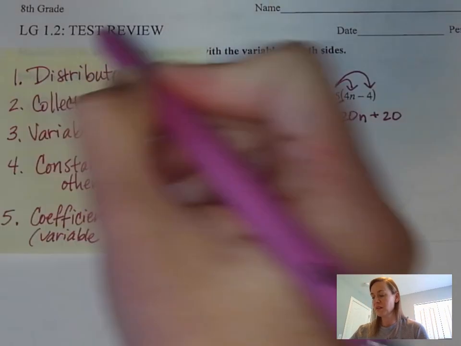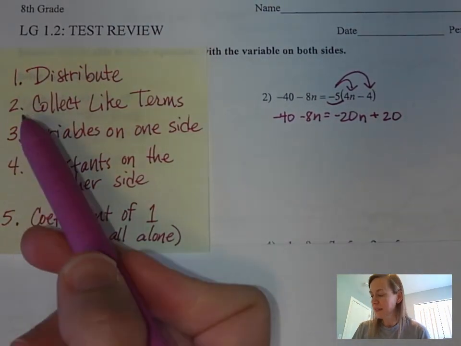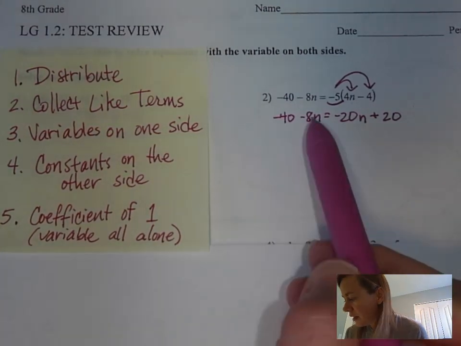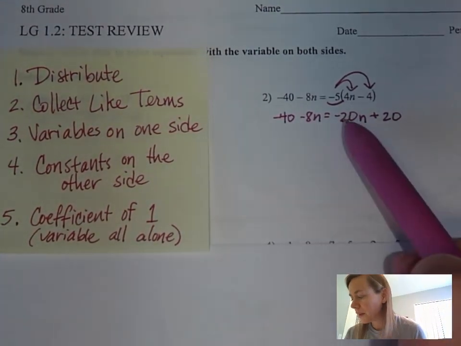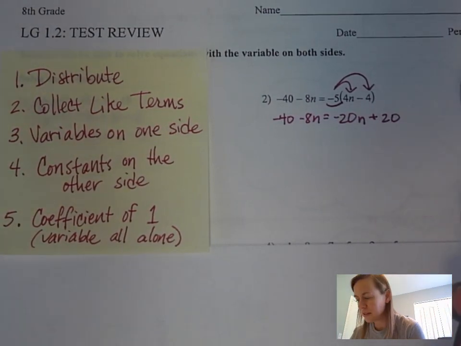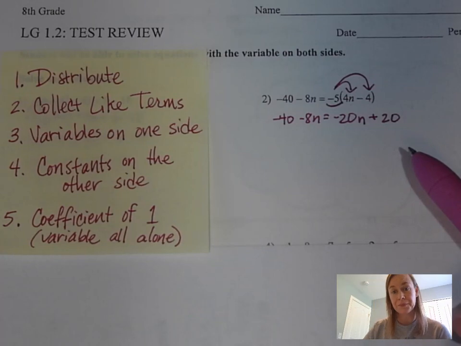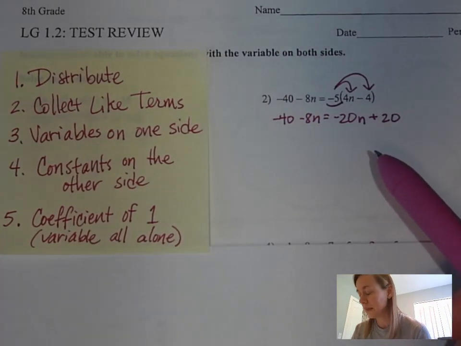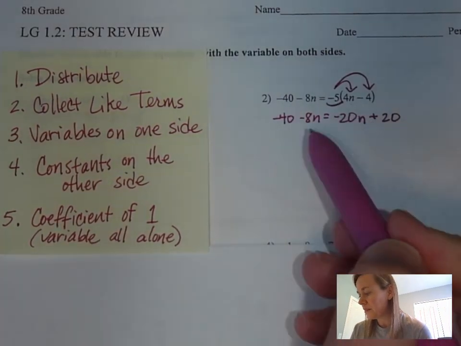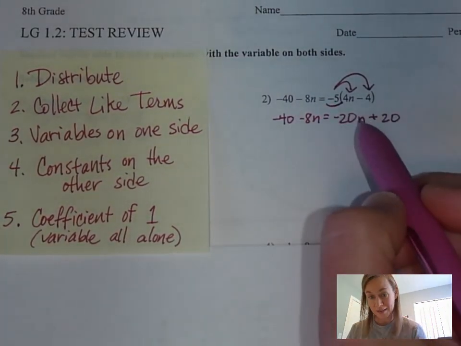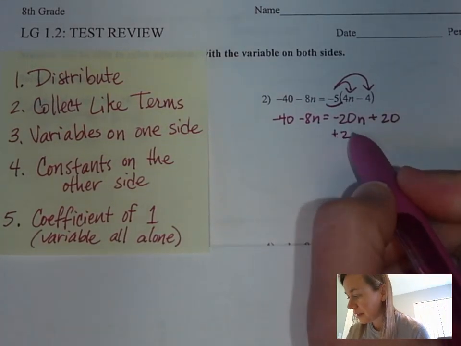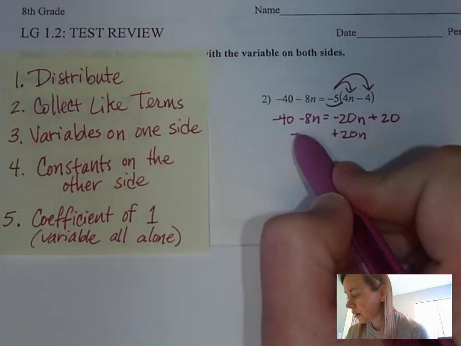Okay, distributing, check. Step 2, collect like terms. Okay, let's see. On the left side of the equal sign, there's nothing to combine there. On the right hand side, there's nothing to combine there either. There's no like terms. So let's go on to step 3. We want all the variables on one side. So let's bring all the n's over to the left. And we're going to do that by getting rid of the n's on the right. So to get rid of -20n, we're going to go plus 20n, and we're going to do it to both